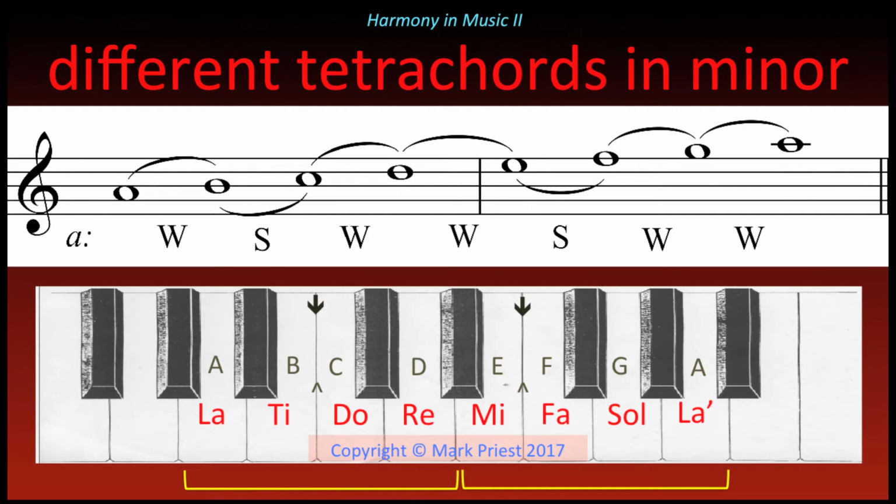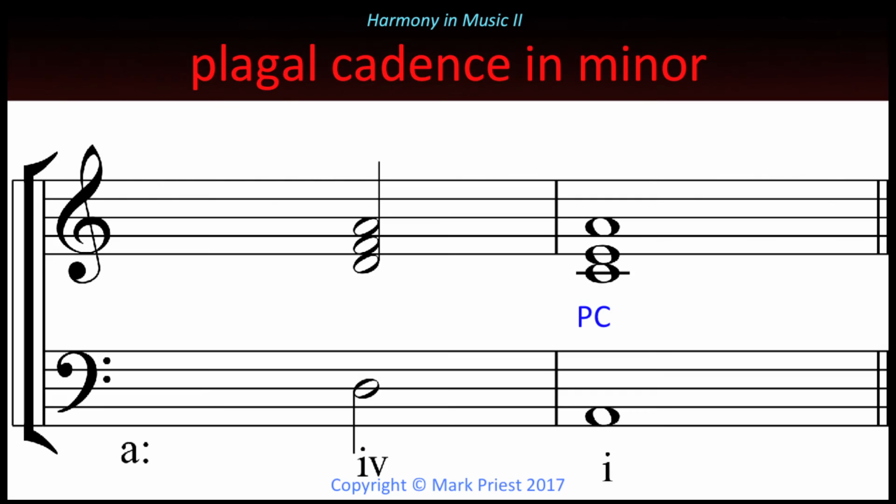As before, there are 2 tetrachords separated by a whole tone, but now the pattern of the lower tetrachord is whole tone, semitone, whole tone: La, Ti, Do, Re. The upper tetrachord is different. Semitone, whole tone: Mi, Fa, Sol, La. It changes the sound. The arrangement of tones in the minor scale creates new sounds and possibilities for chord progression,